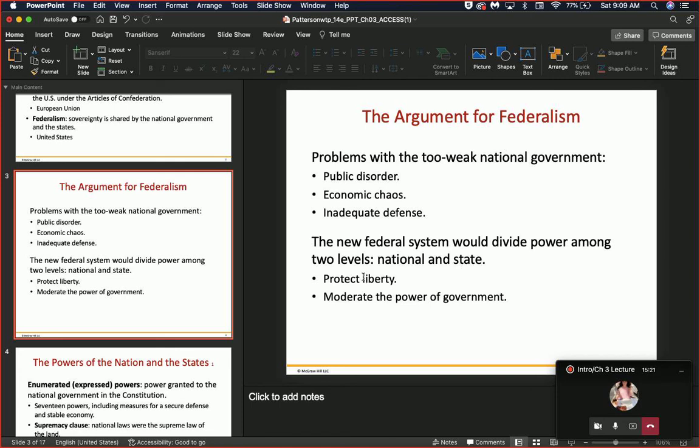This is also one of our systems of built-in checks and balances. What do I mean by that? The states and the federal government, you'll notice from time to time, start to butt heads. Okay, especially Texas in the United States. They really tend to butt heads with each other. This is a system of checks and balances. The national level government is checking the state government, but the state government can also turn right around and do the same thing. Okay, so this is meant to be in there to protect liberty, protect these freedoms, so that the national government and or the state government cannot become too powerful, and to moderate that power of government. Again, making it so that neither side can have too much power.